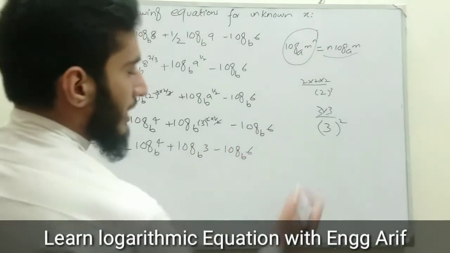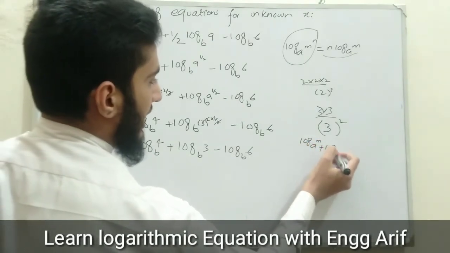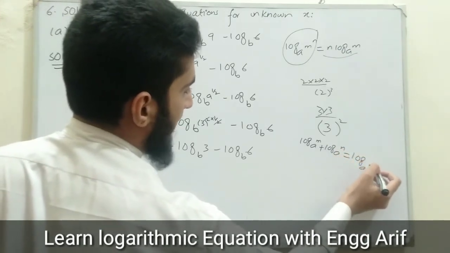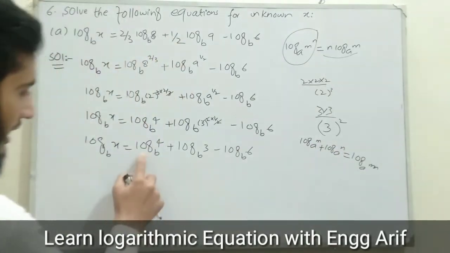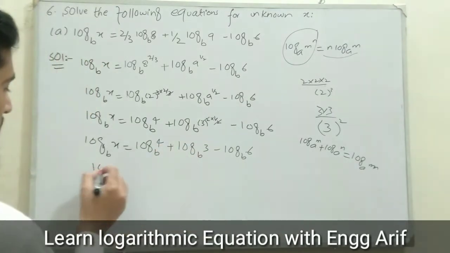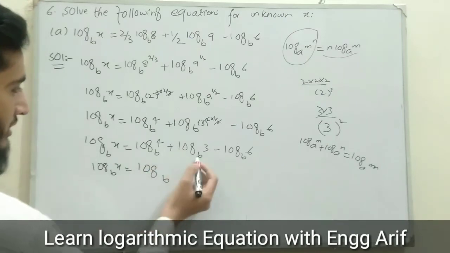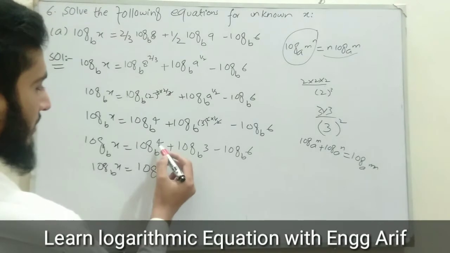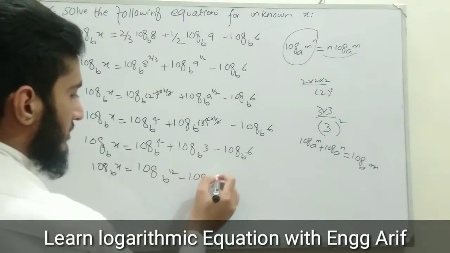Now we have another formula: log of a power m plus log of a power n will always be equal to log of a power mn. It means that their powers will be multiplied with each other in the result. So using the same formula, the powers will multiply with each other. So log of x to the base b will be equal to log of b, which comes down the same because this is the base. After this the powers multiply, so 4 multiply 3 gives us 12, and here is minus log of 6 to the base b.